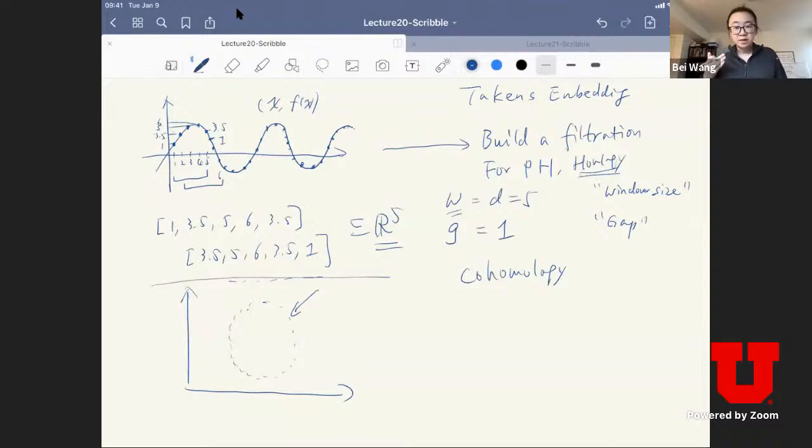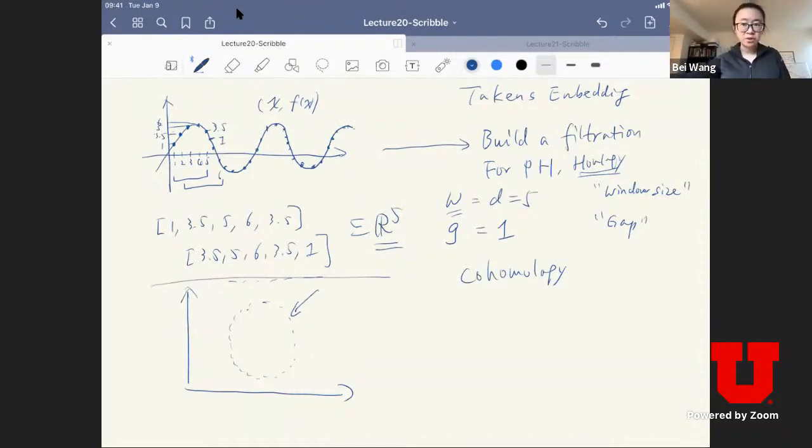But the idea is I can use topology, persistent homology and homology, to detect this loop in high dimensional space, and this loop corresponds to periodicity. And what you're going to see later is that we detect this loop in the original high dimensional space, and obtain